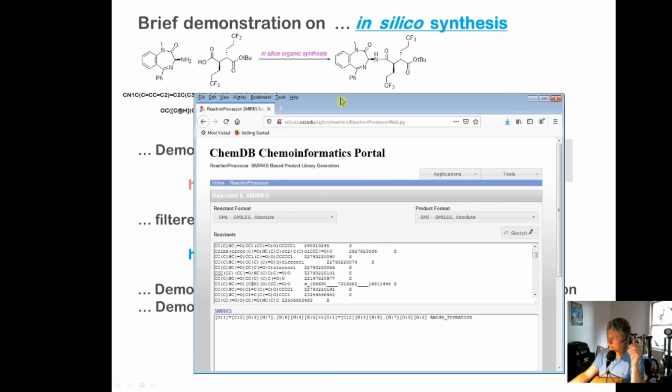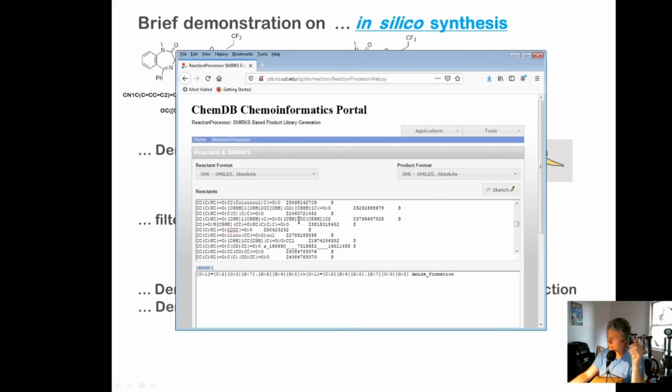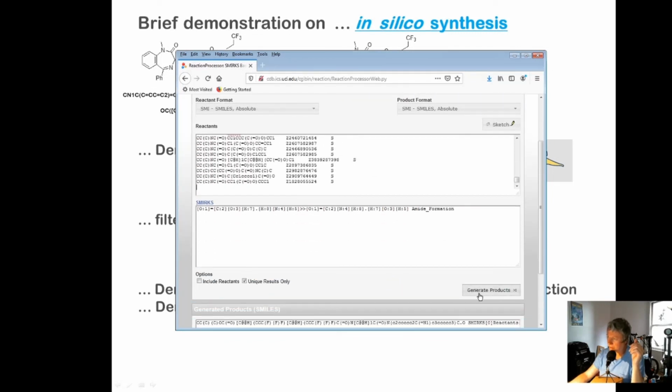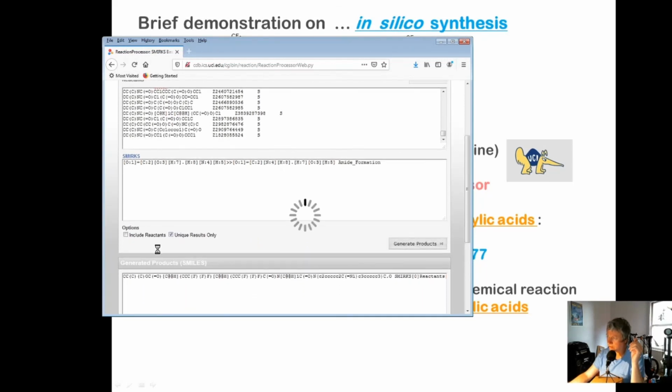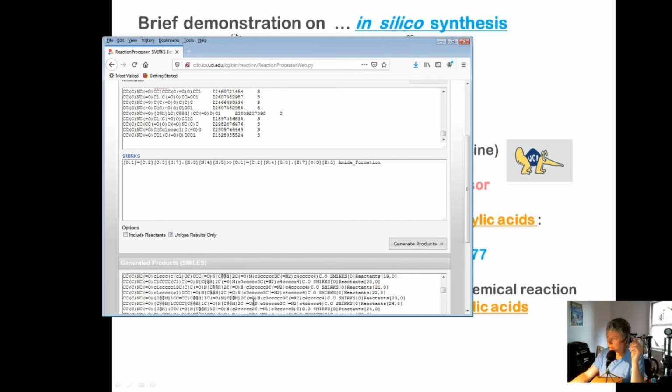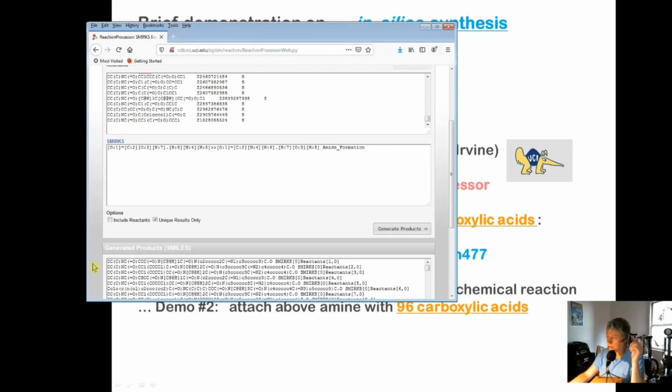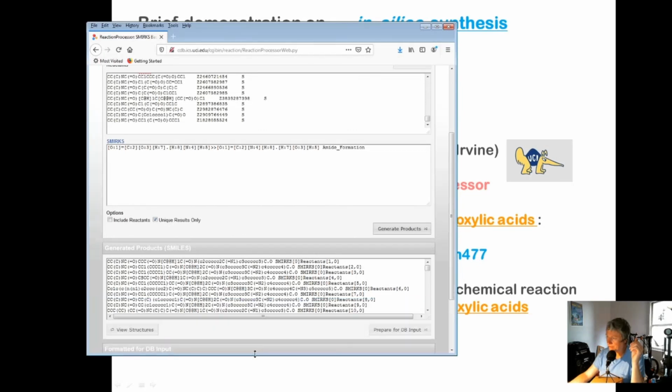And this website now is just going to do 96 organic reactions when I click Generate Products. I recommend turning off the include reactants option over here. Okay. All right, so let's do it. Generate products. Let's see if it does it. It says going, going, going. Oh, there it did. So I just made 96 chemical reactions with those carboxylic acids, and I can actually look